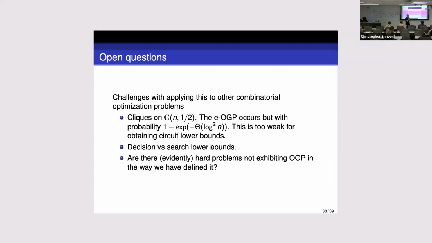But easy, but solvable. Yes, this is kind of an elephant in the room that annoys people. These are the models which can be solved by Gaussian elimination. For example, if you look at a random instance of a mod 2 system of equations, you can see if there is a solution by Gaussian elimination, but it does exhibit this clustering structure and OGP.